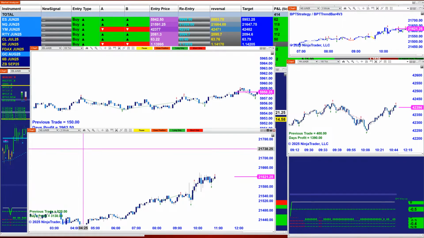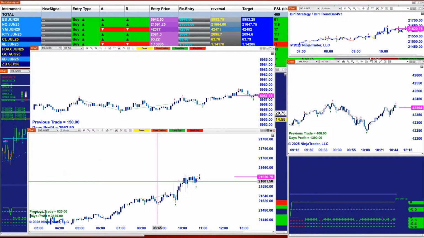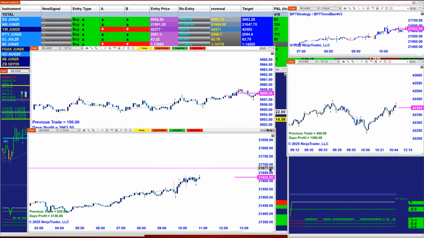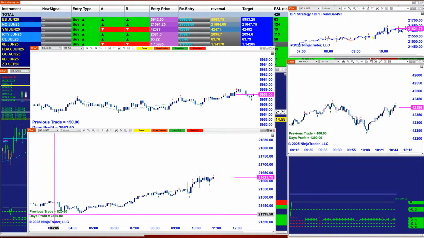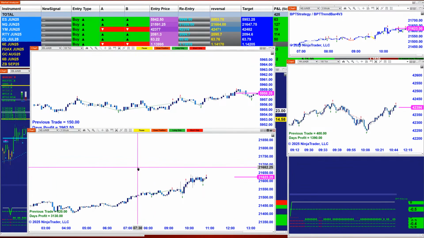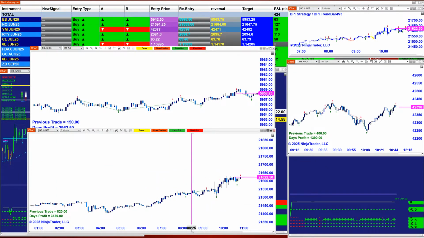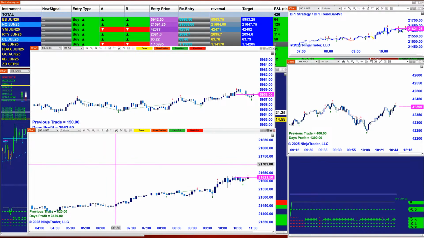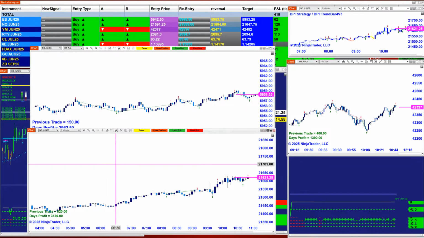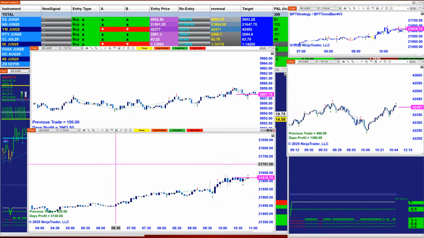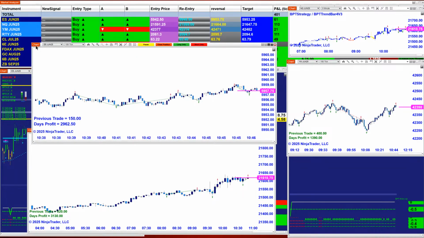When you close it like this, you still can trade. There is no big deal. The auto trade did not stop. And now we have 3,130. I just managed to take the profit out. You can do that sometimes if you want to. And now we are on the scalper